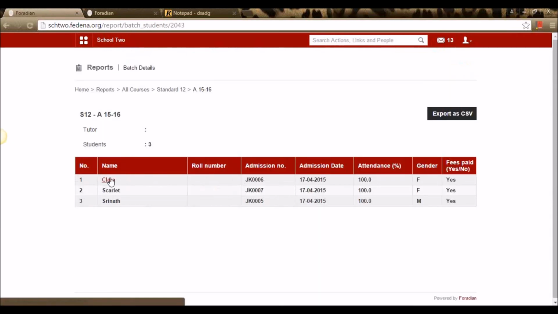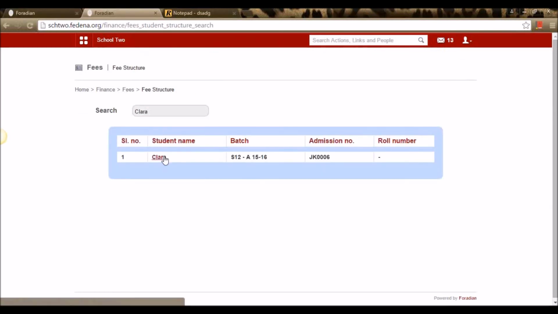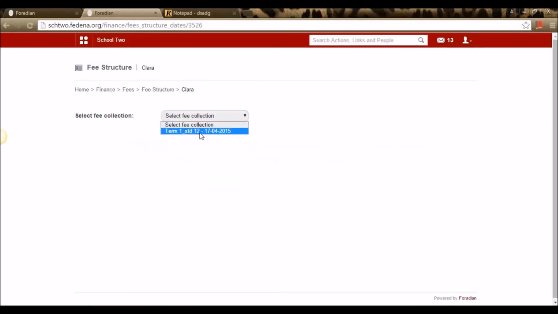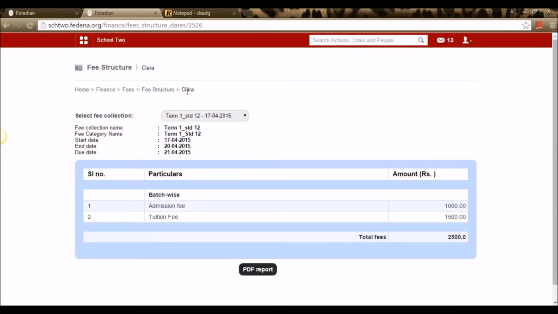I've applied fee for standard 12 now. Let me search the fee structure. Now I've searched for this student and I can find there's a fee structure for the student. Here this is the fee structure that I've created right now. See, admission fee and tuition fee of 1000 and 1500, which is a total of 2500. I can take a PDF report of the fee structure of the student. Similarly, I can do that for every student in that batch.